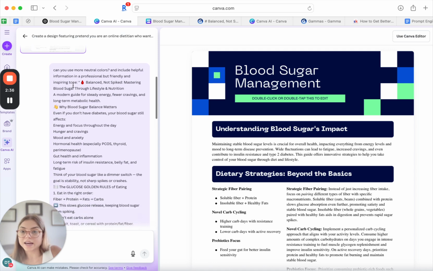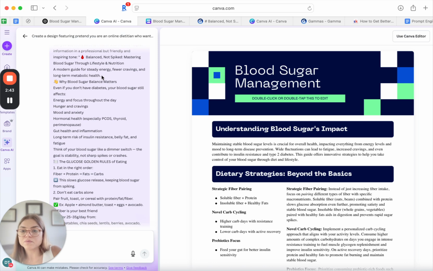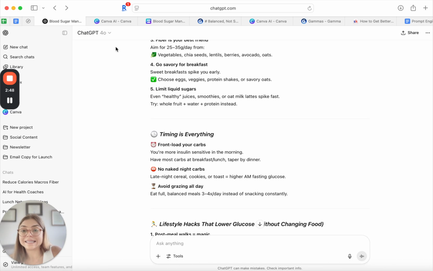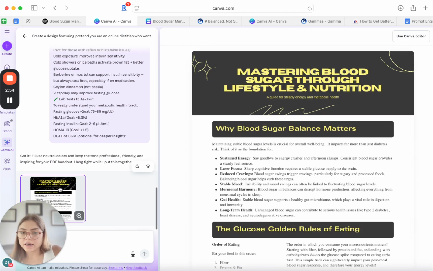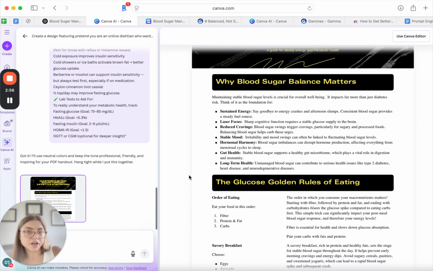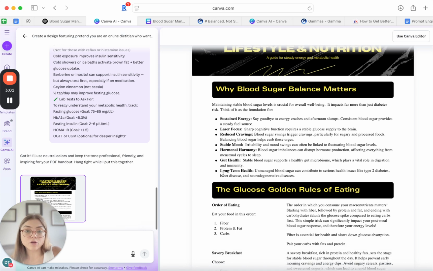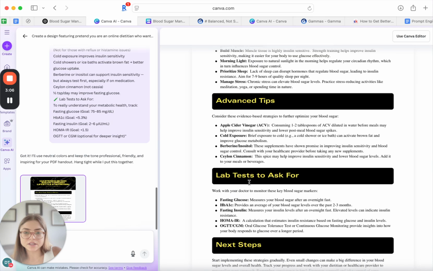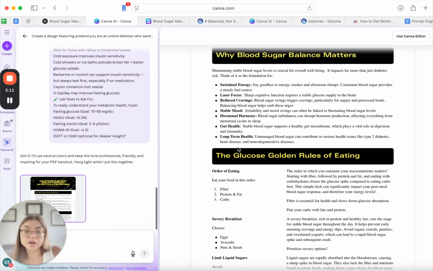So obviously I kind of said, can you use more neutral colors and include helpful information in a professional but friendly and inspiring tone? I really wanted to go back and ask, why is it not putting out exactly what I wanted? So I tried to do that, and it generated me a different variation. So again, it's using its own outputs here, but giving some examples. Timing is everything. And it does do a pretty good job here too, I think,